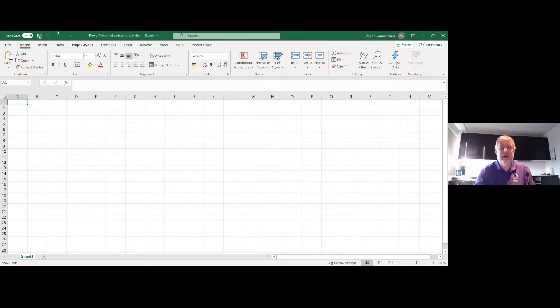So let's start in Excel. I have actually saved this file to a specific place, so we're saving a little bit of time. It's already been saved to a OneDrive folder. What we need is a place to store the data. So I'm going to create an Excel file with a table that we're going to put things in.